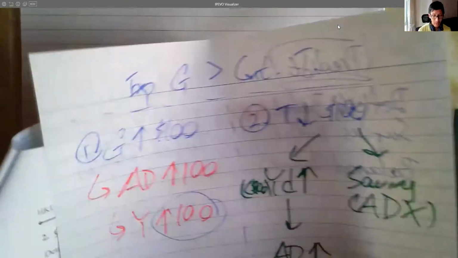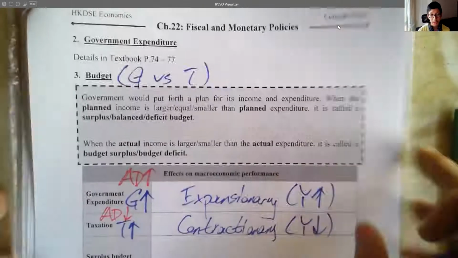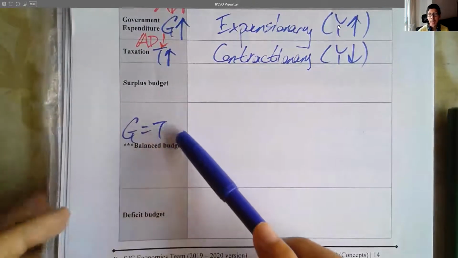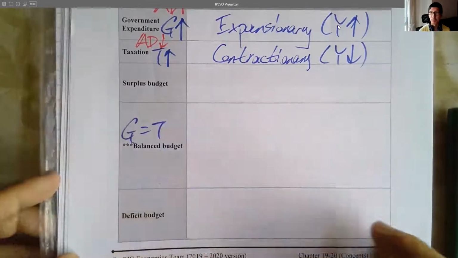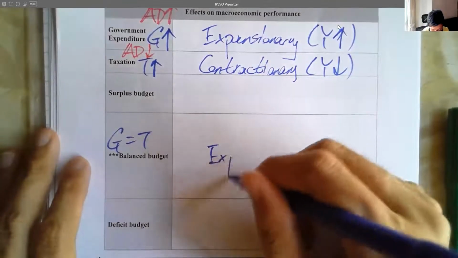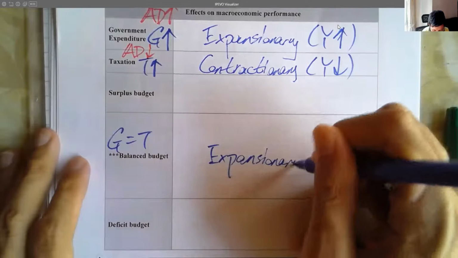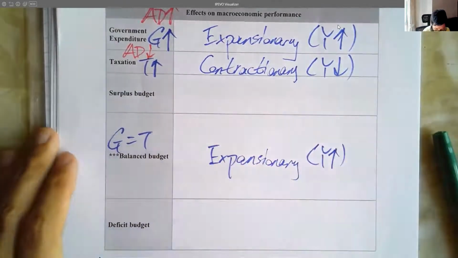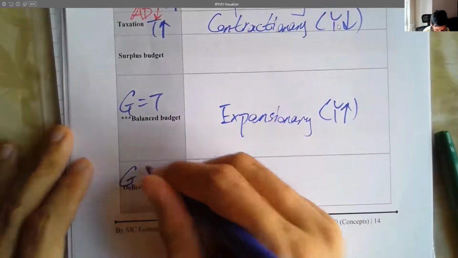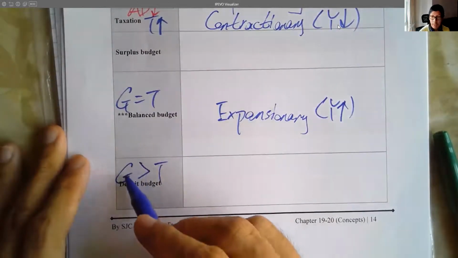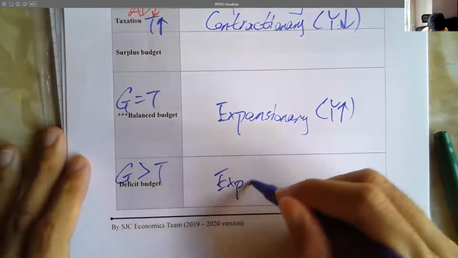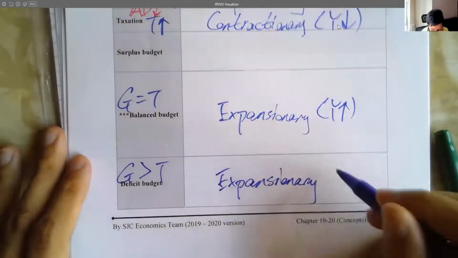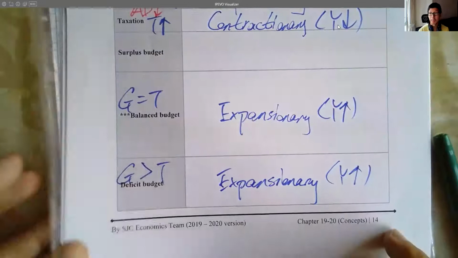好唔好啊? All right, now, with that in mind, now you should know. When we talk about balanced budget, even though the number is the same, since this effect is stronger, then it is actually expansionary in nature. What about deficit budget? When government spending is more than taxation. Now, the number is bigger, and then this guy, the effect is stronger, right? 佢 number 又大啲，effect 又勁啲，咁咪 expansionary 咯。